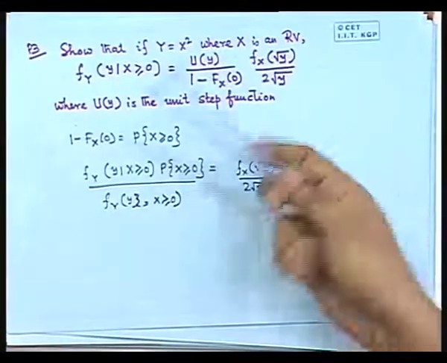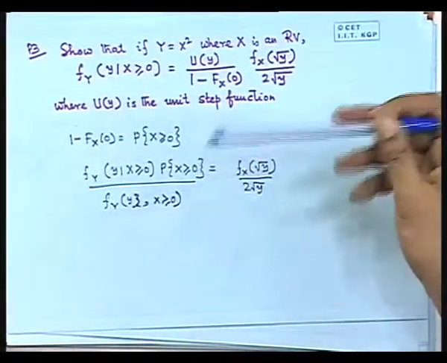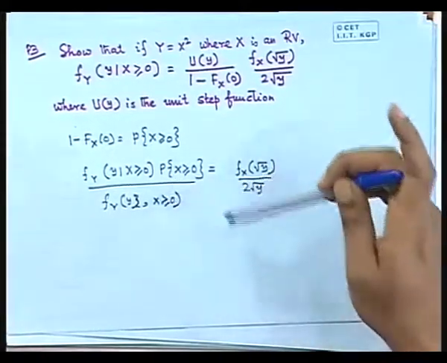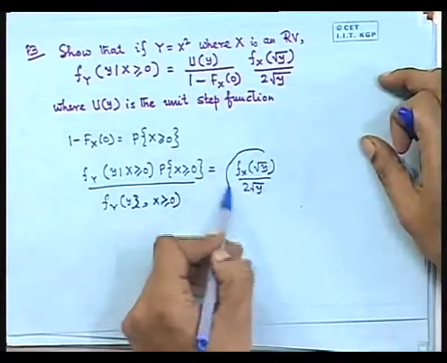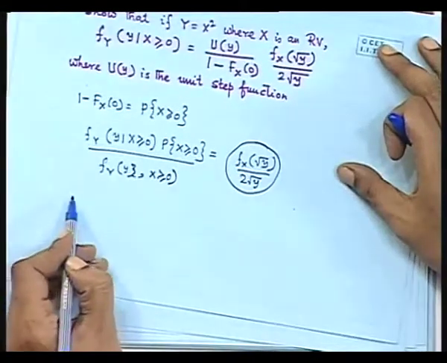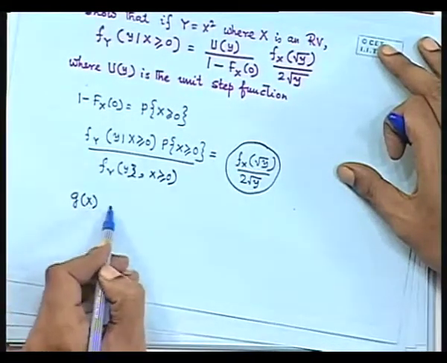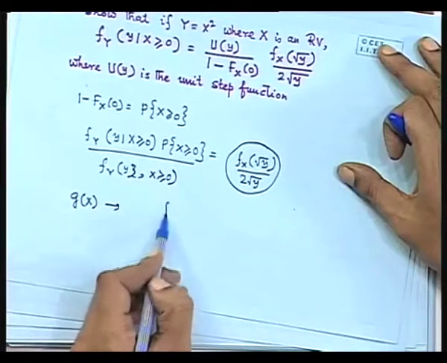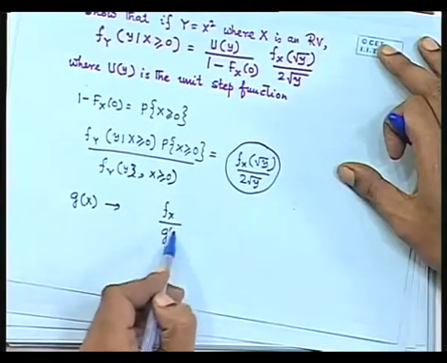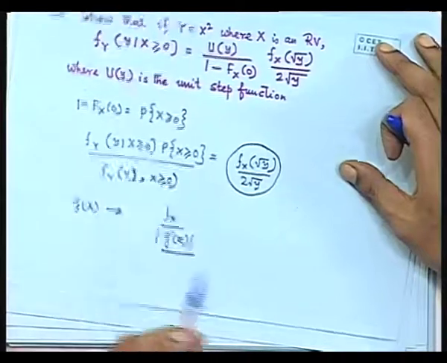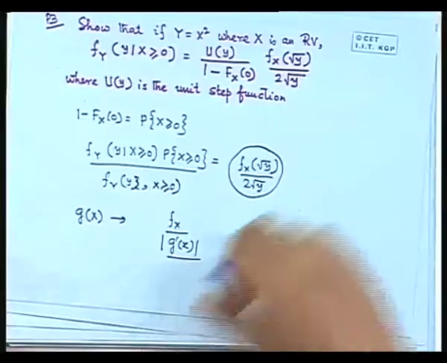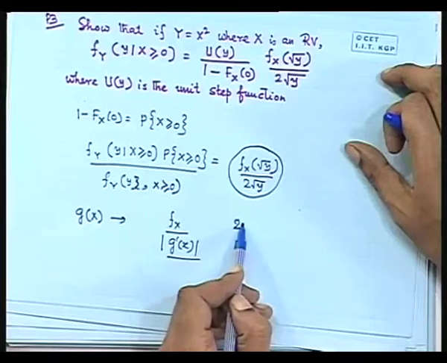Now anyway you have to consider x greater than or equal to 0 only, because x less than or equal to 0 will anyway go. So we are considering only positive values of x. So this condition is automatically satisfied. Now what is this? Remember that if we have a function gx, then its probability density function was what? It was fx by g dashed x. Remember? So what is g dashed x here? G dashed x is 2x